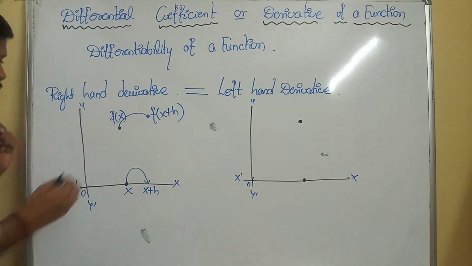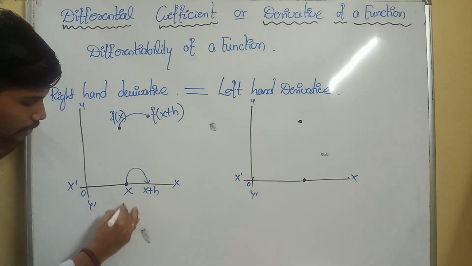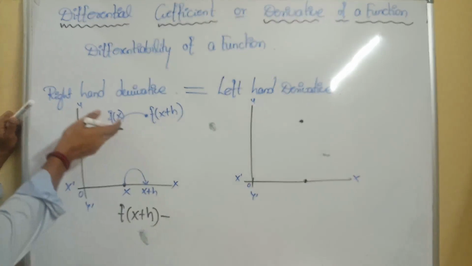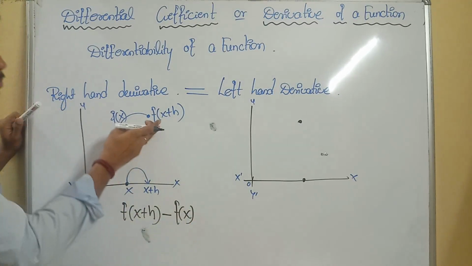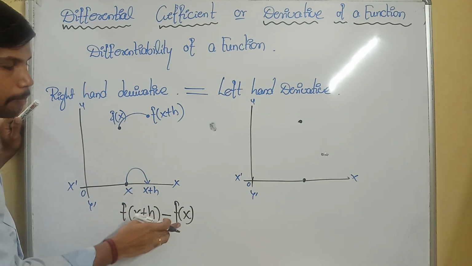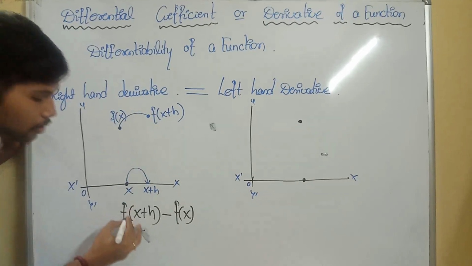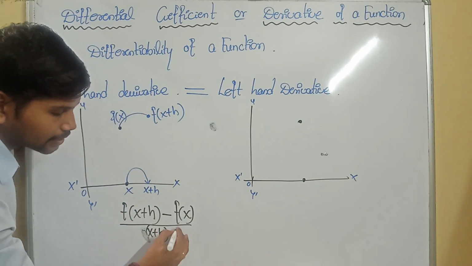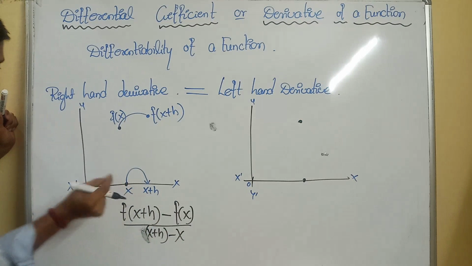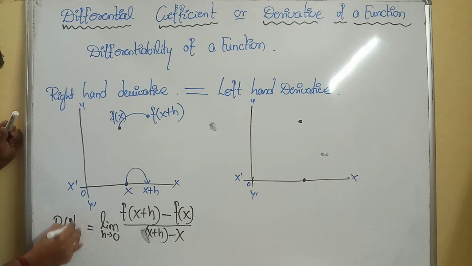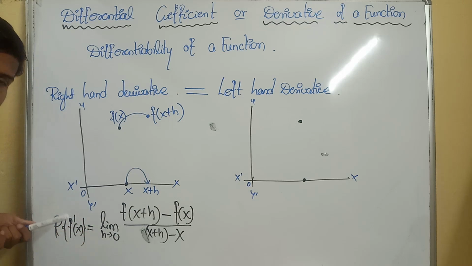Now how do I have to write the function? What is the change in the range? The change in the range is f of x plus h minus f of x. The change in the range with respect to the domain, that is x plus h minus x, and this h is very small. That's why I'd like to define the limit as h tending to 0. This is nothing but R of f dash of x. Getting my point clearly? Is it okay?